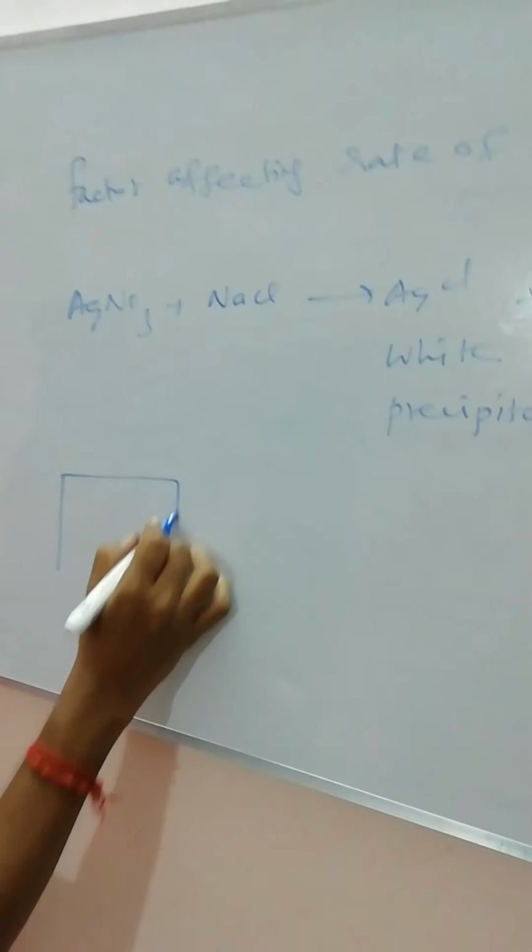You have to choose the proper reactant. Gaseous reactants react faster, liquid and solid slower. Next one is concentration. If the concentration of the reactant increases, the rate of the reaction also increases. Why? See, in a billiards table,